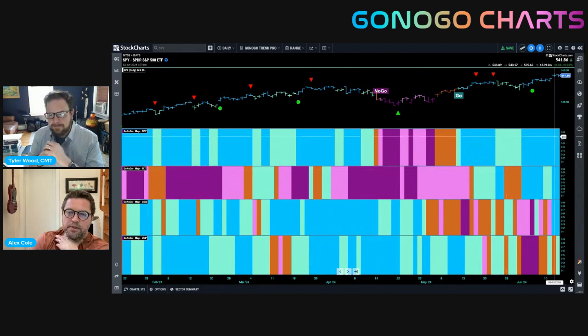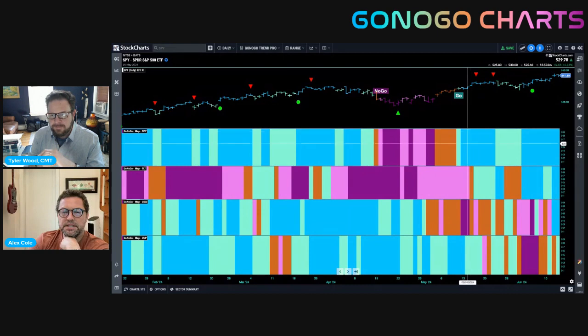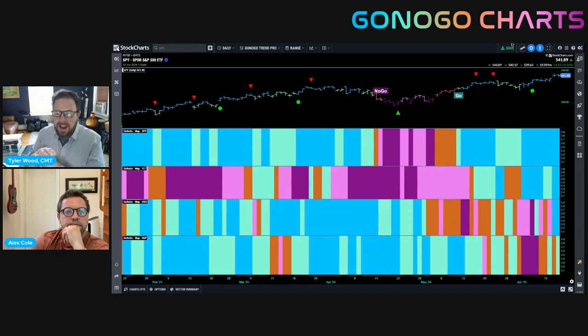Yeah, lots of Go trends. Go trends are back. We see the equity market in the top panel, strong blue bars as we're at all-time highs. We'll look into how that's thin leadership as we get into the sectors in a little bit, but the domestic markets as a whole are in strong blue Go bars. Treasury bond prices are in a strong Go trend. Commodities have chopped and changed once again, but are in a strong Go trend for the latter half of this week at least. And then the dollar is also picking up new Goes after a period of uncertainty in the lower panel. Absolutely, and those are absolute trends of the price action of each of those indices.